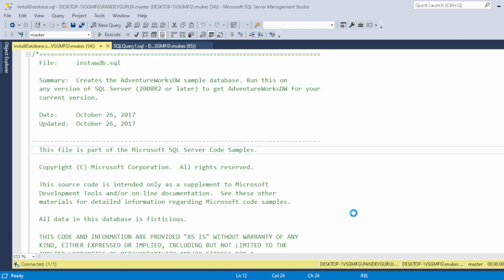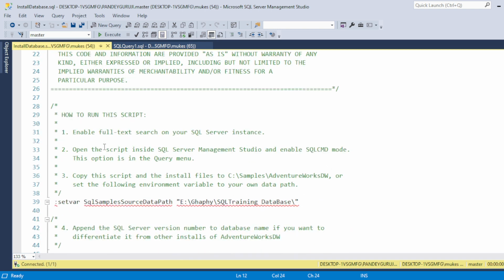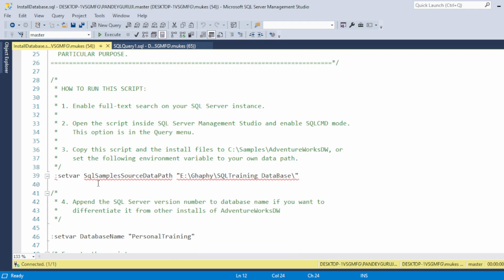In general we have the line number. Okay, so now you can see the line number got highlighted. So under line number 39, you need to change the path where this file is located. So let's go to the jump. So I put it into this E drive, under the YouTube we have the